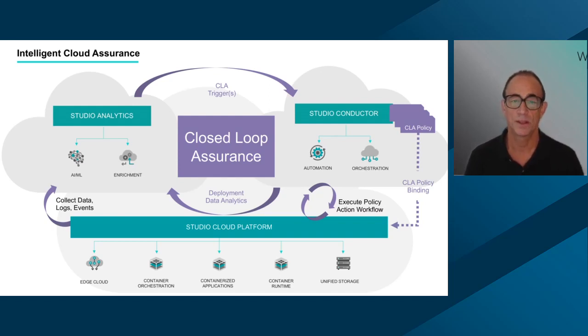Analytics determines whether there's a need to execute a policy, tying in ML, data science, and external data, and creates a recommendation, such as increased CPU allocation. From there, a trigger flows to Conductor, which can execute the policy in the cloud platform. Resulting data then flows back again to analytics, repeating the cycle to keep the system optimized over time and under